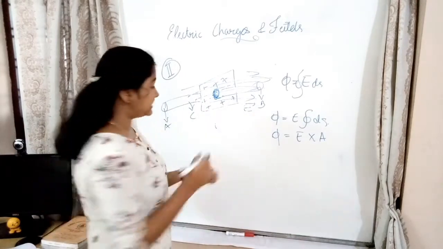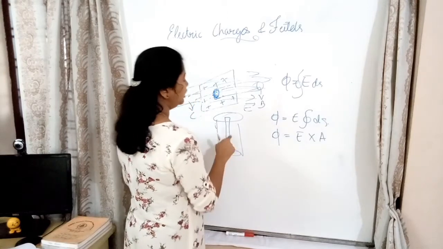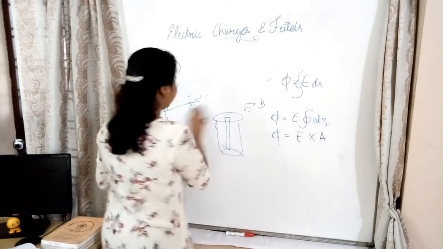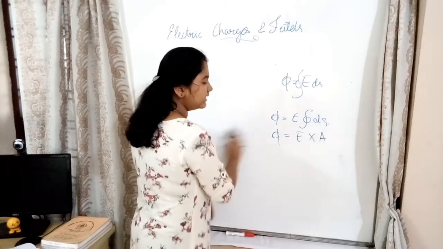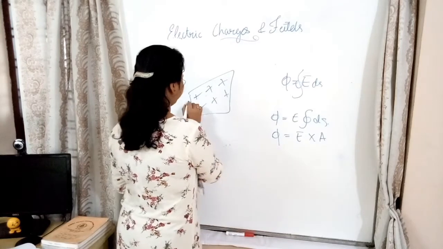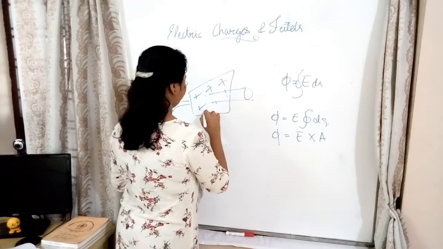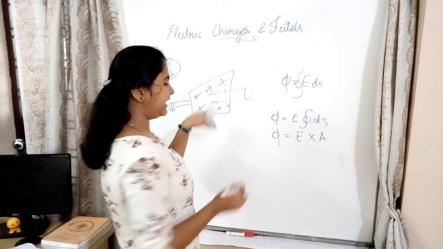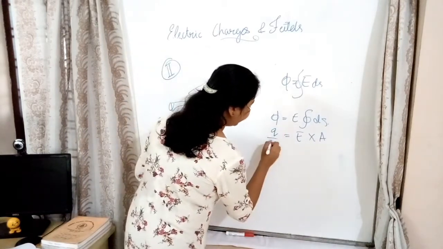In the previous case, this was our surface and we took the area of the surface around it. Now we have to take the area of this surface. Okay, so let's make it there. And we learned the area of this surface. So this is a Gaussian surface. So the flux is EA and we know that phi is equal to Q divided by epsilon 0.